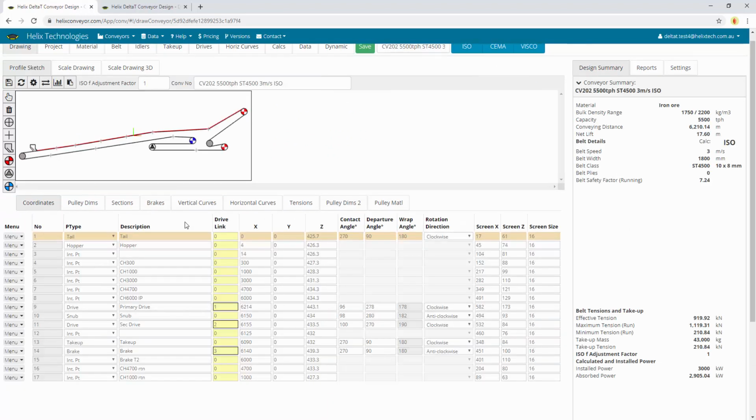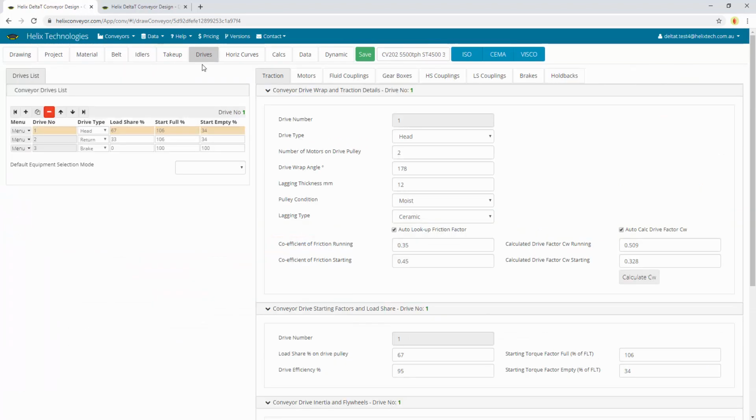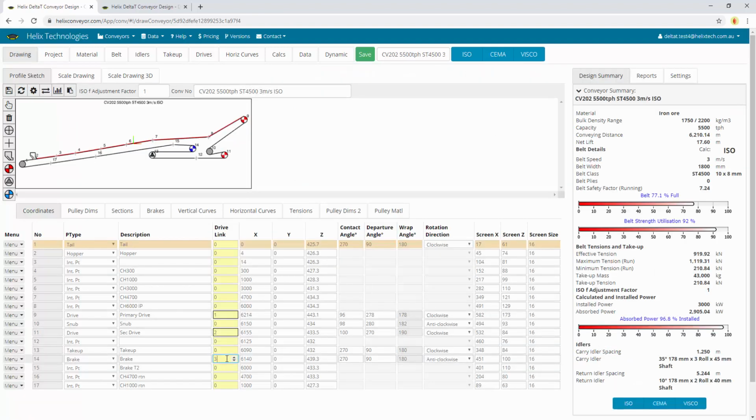Wait for it to load, and I'll go back to my drives tab. So you can select your drive type: head, return, tail, trip, intermediate, or brake. A brake obviously has a 0% load share, and you can move this drive up or down. If I select drive 1, move it down, then I'll select it again, move it down again. This will be drive number 3, which corresponds to drive link number 3. So we don't want that. So I'll just refresh the